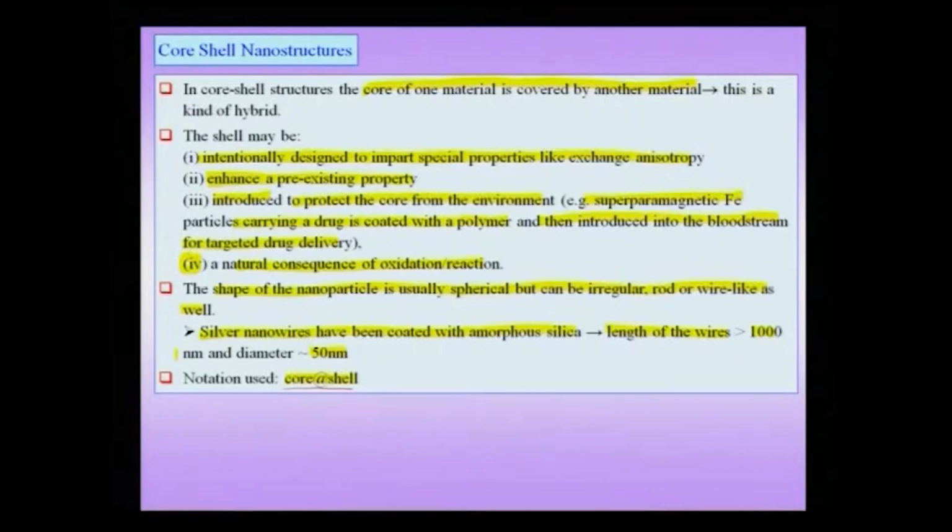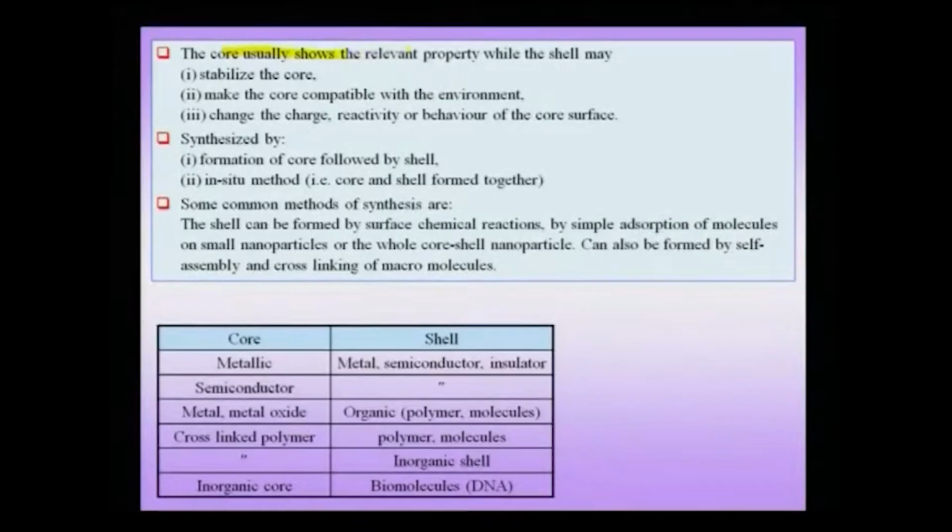This we will see later, but nevertheless we want to passivate this molecule, and typically a polymer is used to protect this iron nanoparticle from the bloodstream. So the core usually shows the relevant property, while the shell may actually stabilize the core, as we had seen before, make the core compatible with the environment, or change the charge, reactivity or behavior of the core surface. So there are important functions that the shell performs,